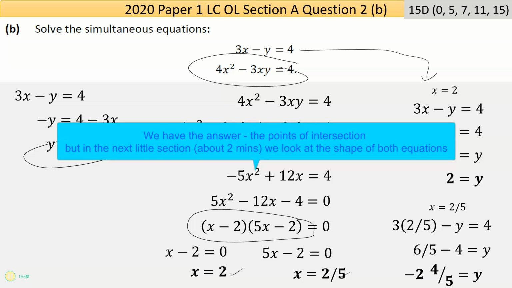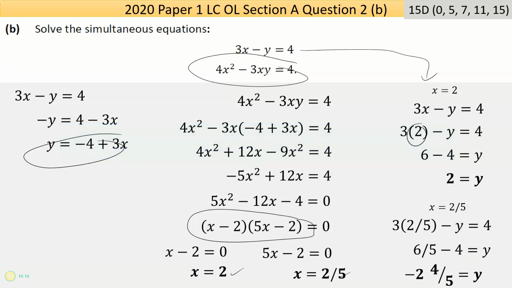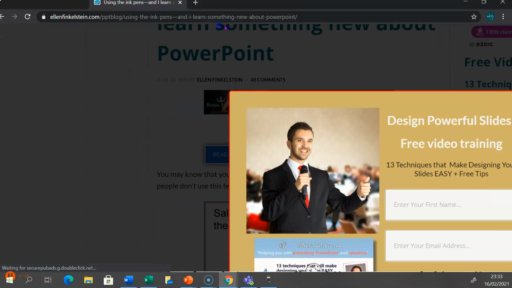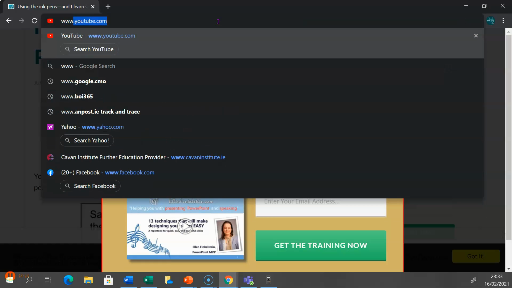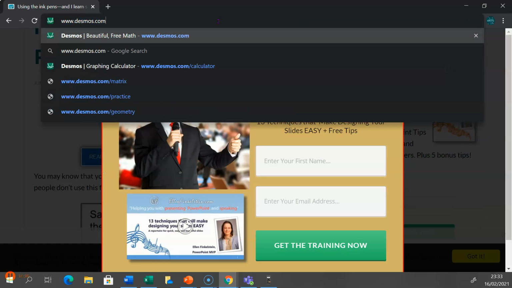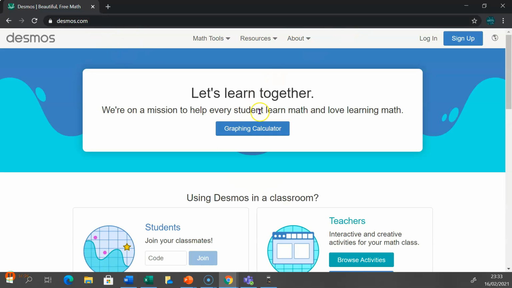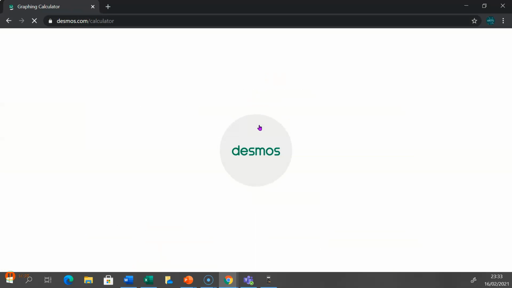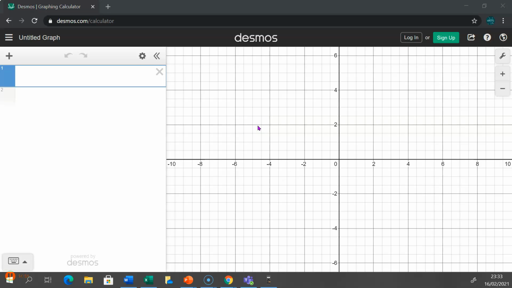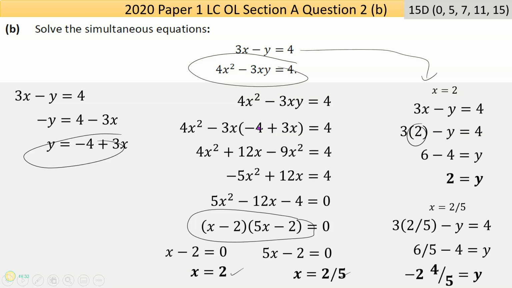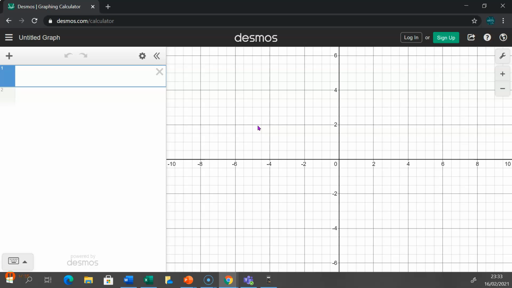Now, if I was to check this, I don't normally do this because it'll make the video longer. This is the last part of the question, so if you're happy out, feel free to move on. But this is a nice graphing package here, and if I get into it, I can graph multiple things fairly fast. I should have had this ready. I wasn't going to do this, but